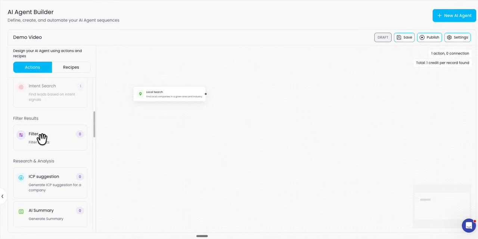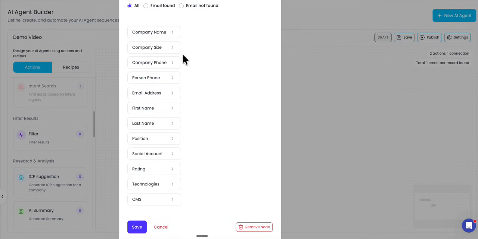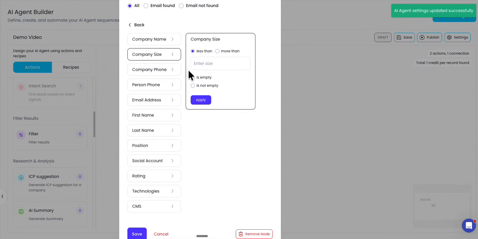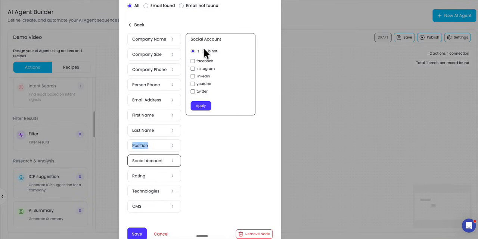So filtering our list allows me, if I again just click and drag, I can now filter this list to say perhaps only find results where the email address is verified. Or I could say where the company size is greater than 10. Or where the social accounts are, where they don't have a linked Instagram account, as an example. So I can set up my results to be filtered however I choose to,